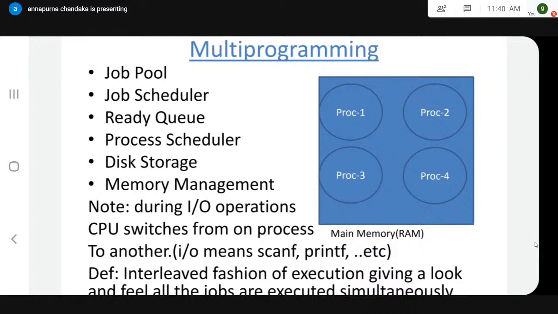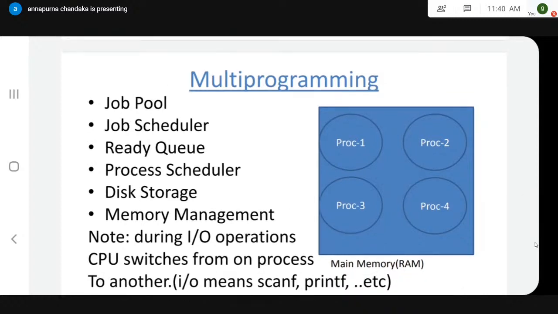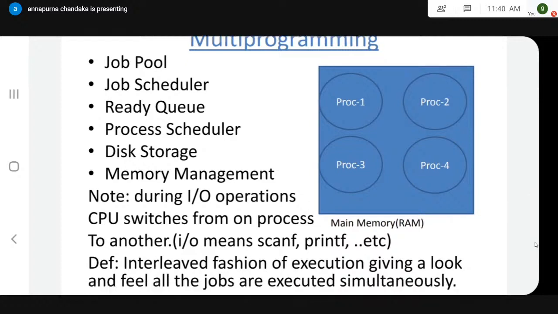Then one scientist observed a very beautiful point: the CPU wastes many CPU cycles deciding which job to execute next. So what do we do in multi-programming? We execute one program, and if an I/O operation is encountered, the CPU does not sit idle. It simply switches from one job to another job. To decide which job to execute, you need to decide who has the high priority. The high priority job must always be executed first.